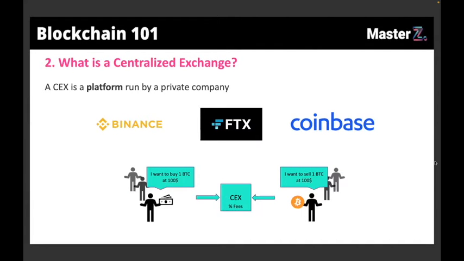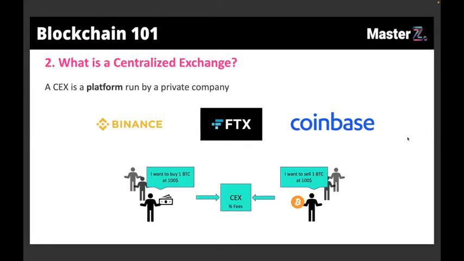Yeah, thank you. And explain how a centralized exchange works, because as we said, we can buy and sell cryptocurrencies or things like that. So first of all, on the left side, we have buyers. As you can see, there is a little man with money in his hand. He has cash. And on the right side, we have sellers who want to sell Bitcoin. Now we have to make this exchange possible.